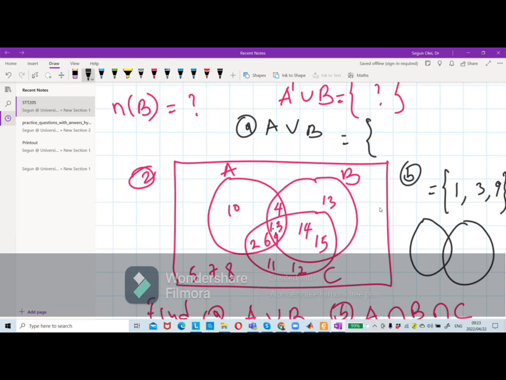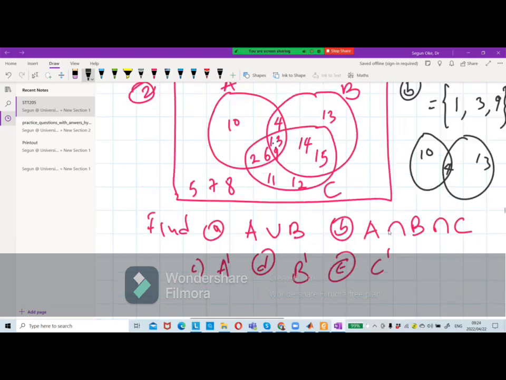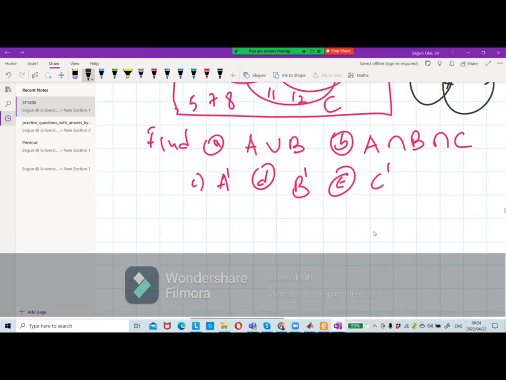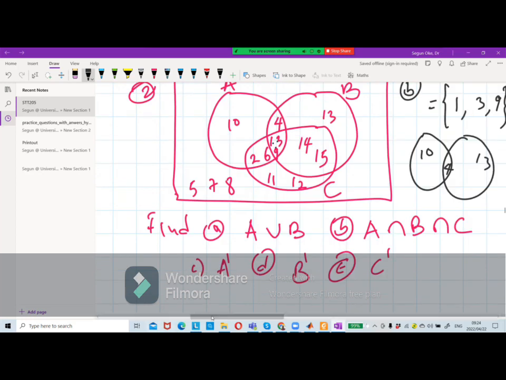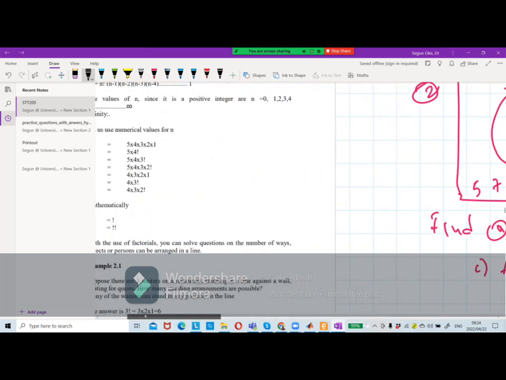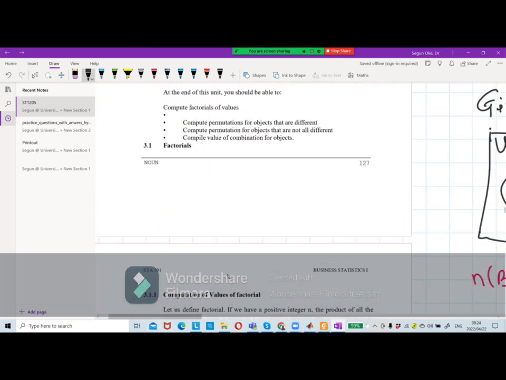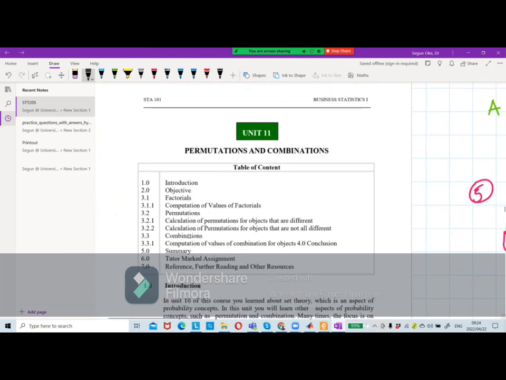So from then you can, 10 is there, 13 is there. What other thing? We have 4 here. What other thing? So label it and make sure you solve everything in this case now. Then find the complements and solve the complement. But let's look at the example. One of the questions here says,